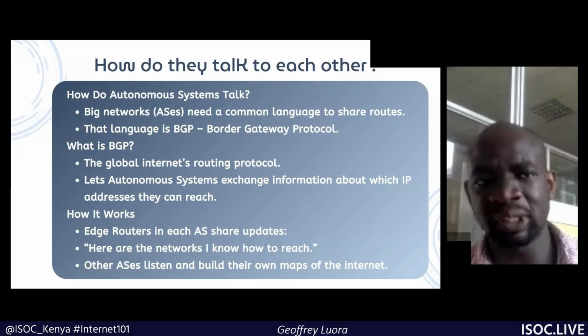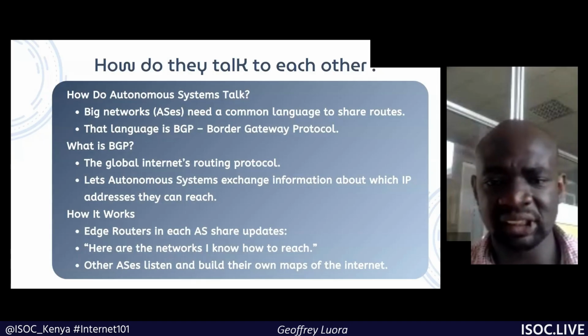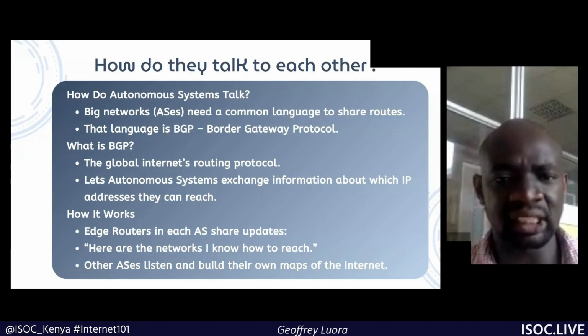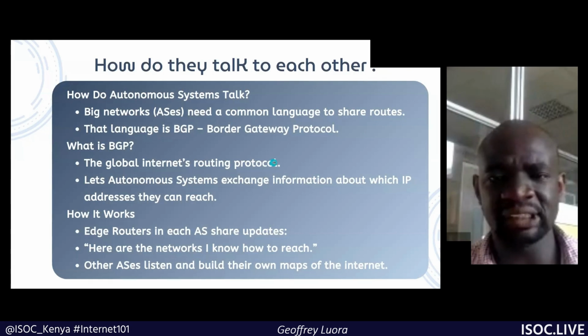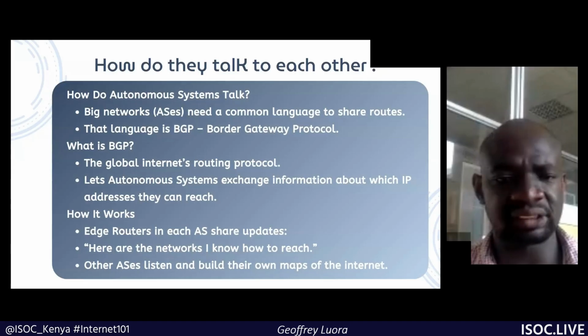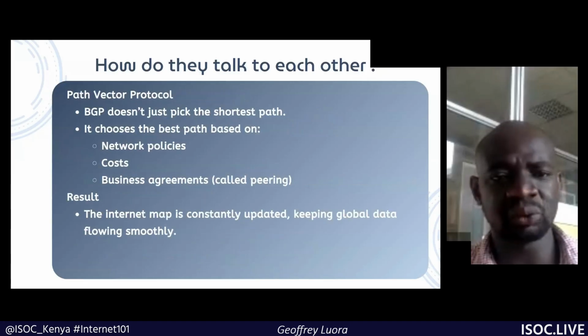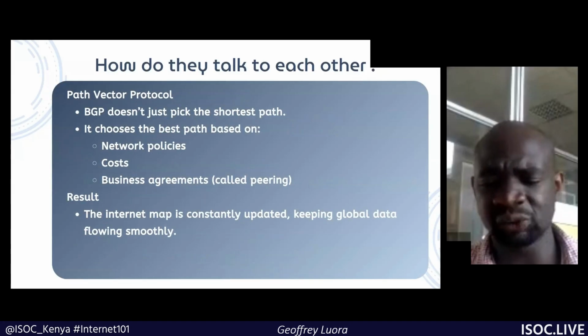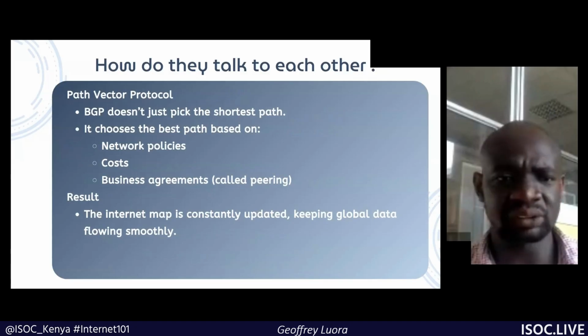So if someone has a resource and they want it to be reachable over the internet, they will need to tell other autonomous systems that this is how to get to this resource. It could be a website, it could be a cloud instance, and so much more that can be shared over the internet. So in order for this reachability to happen, the network administrators managing these networks will need to configure this